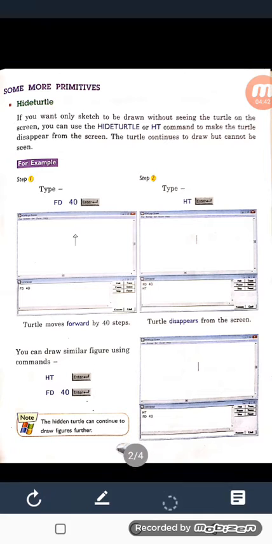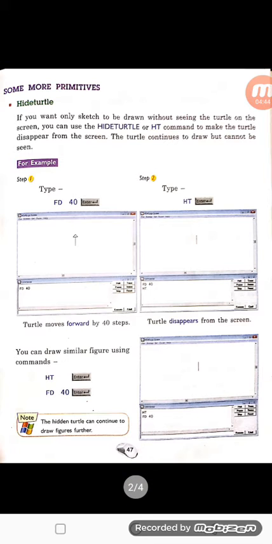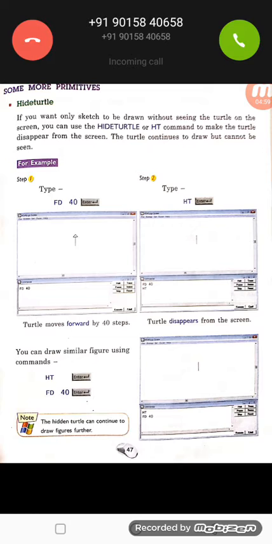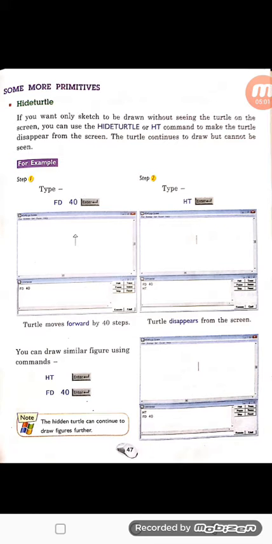Some more primitives. We are going to study some important primitives now. First one is hide turtle. Hide turtle means if we want our turtle to hide and work without seeing it, for that purpose we use the primitive hide turtle or HT.